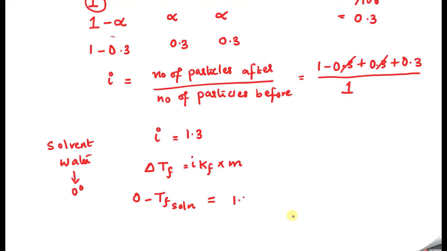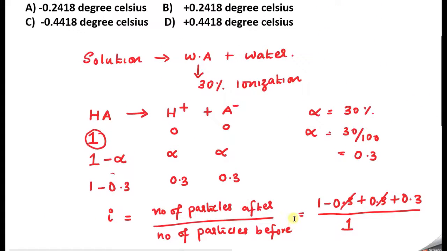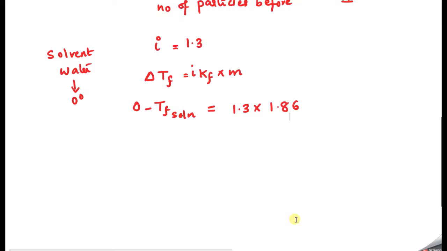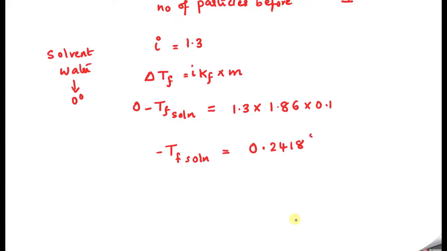And i we have calculated as 1.3, and Kf of the water is given in the question as 1.86. And molality is given directly in the question as 0.1 molal aqueous solution. So I can substitute here 0.1. Now calculate this. You will get Tf of the solution is equal to 1.3 into 1.86 into 0.1. So that will come around 0.2418 degrees Celsius. And now the Tf of the solution will be, minus will go here, minus